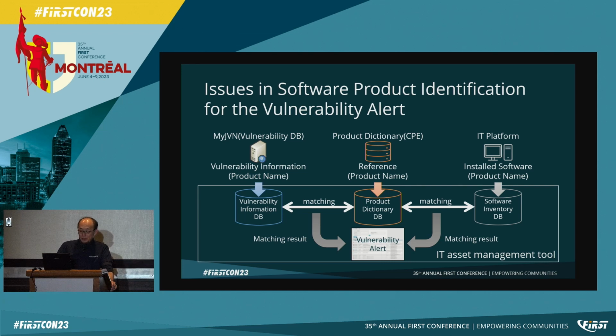The diagram visually represents the complexity involved in accurately identifying the software affected by a vulnerability and ensuring the appropriate remediation measures are undertaken. By understanding and addressing this issue, we can improve the accuracy and efficiency of vulnerability alert systems, ultimately enhancing availability, mitigating risk, and protecting against potential security threats.